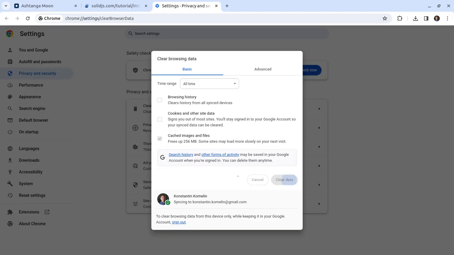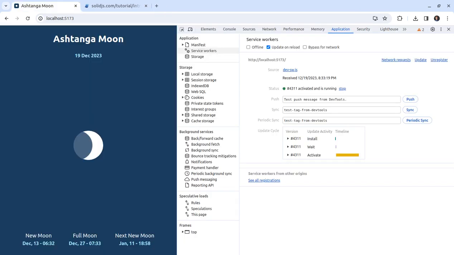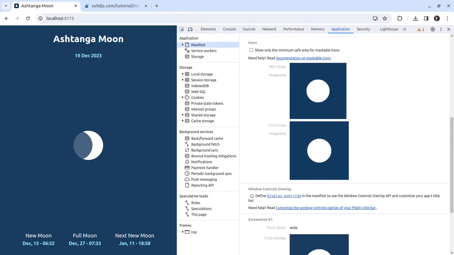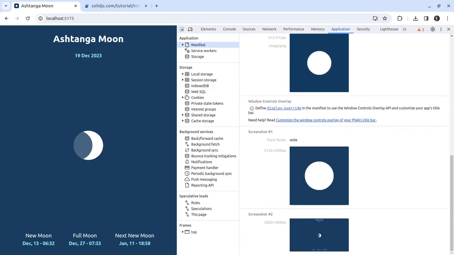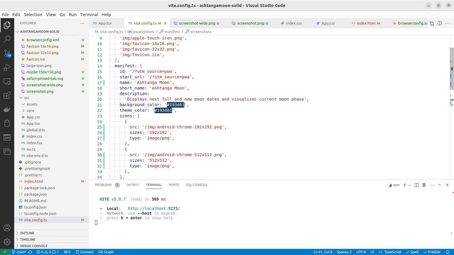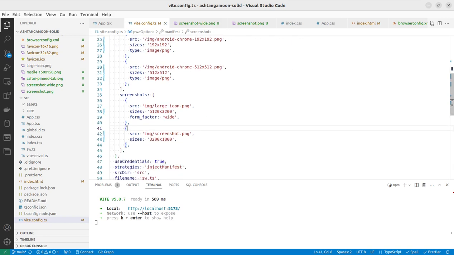Let me do it in case something is cached. Okay, I see what's wrong here. I used the large icon here, still didn't change it. We'll change it now to wide